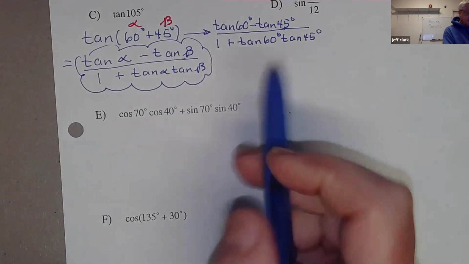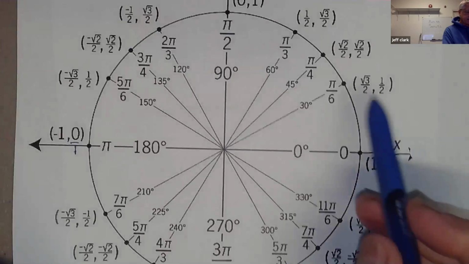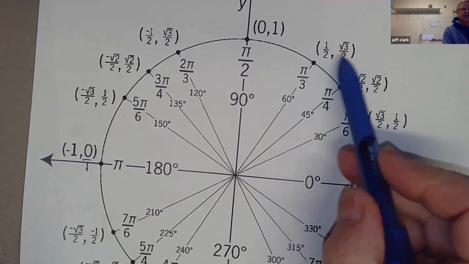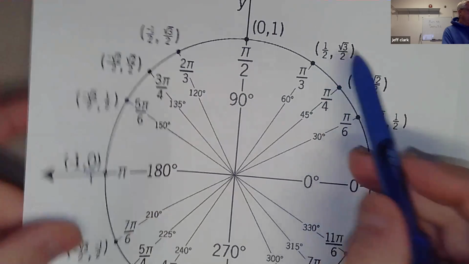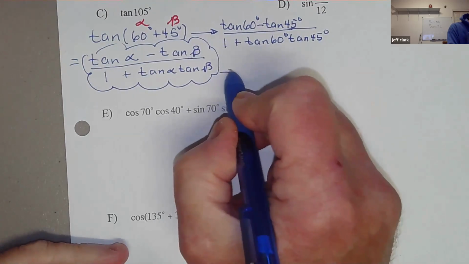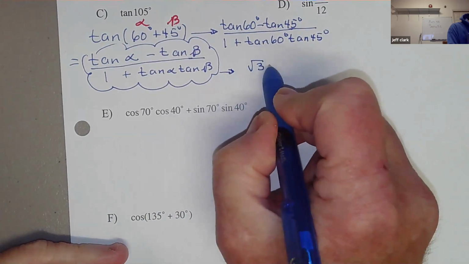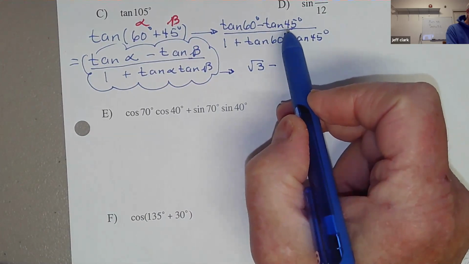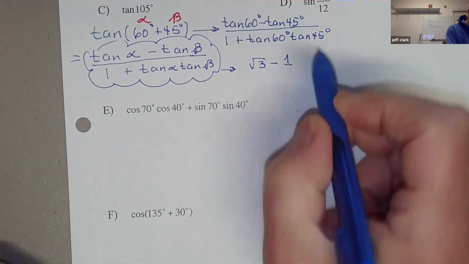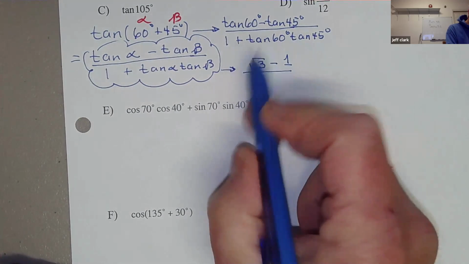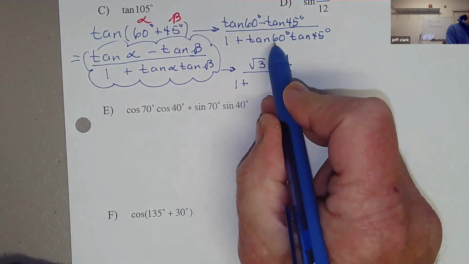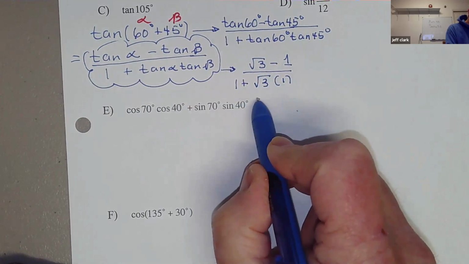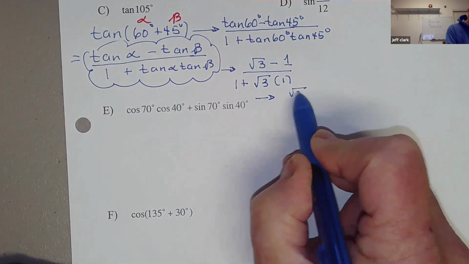What do we want? We want tangent of 60 degrees. I'm looking for 60 degrees, which is up here. Okay, tangent's y over x. So I see, and the 2's cancel. So root 3. So this one here would be root 3 minus. Okay, 45 degrees, the cosine and sine, the x and y are identically the same, so it would be 1 when you do the ratio. Down here, you'd have 1 plus, okay, tangent of 60 is still root 3, and then times 1. So finally, my answer would be root 3